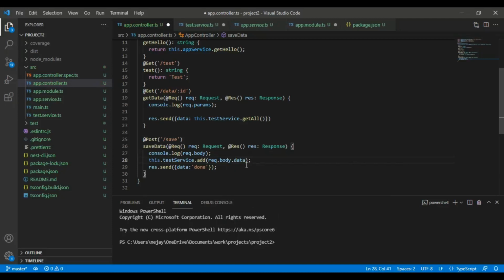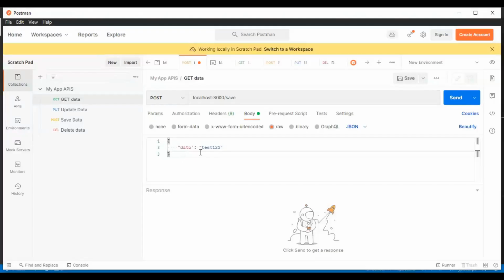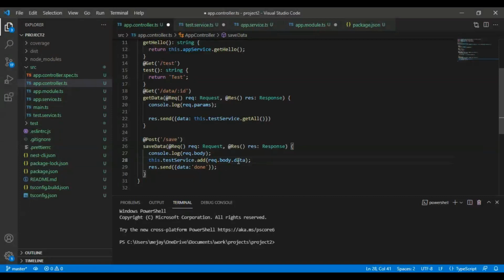You can see here in Postman we are sending the data attribute in the payload and the value. That value will be passed here and that will get added into that array. And whenever we call this get data method, it will come back with this structure. So let's save all these things and let's test.